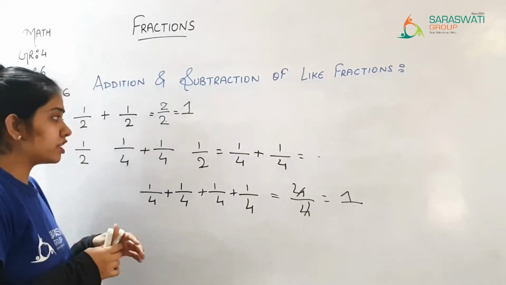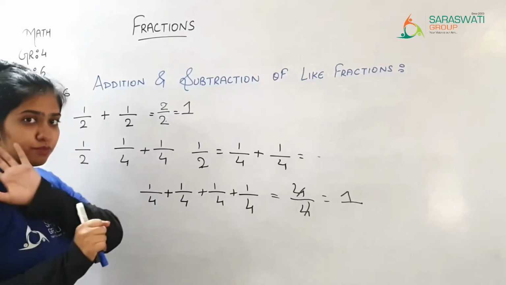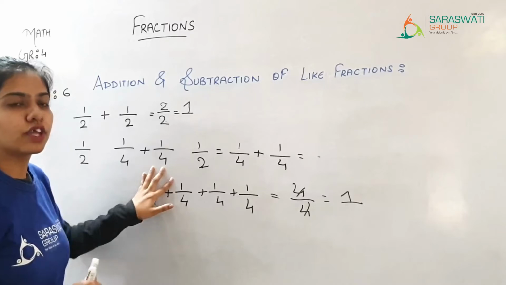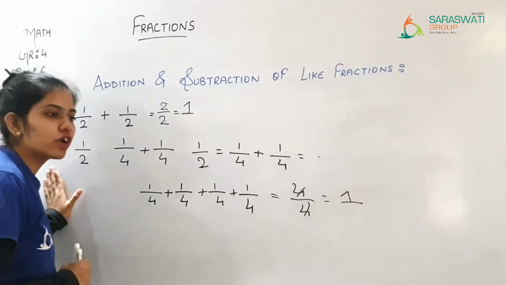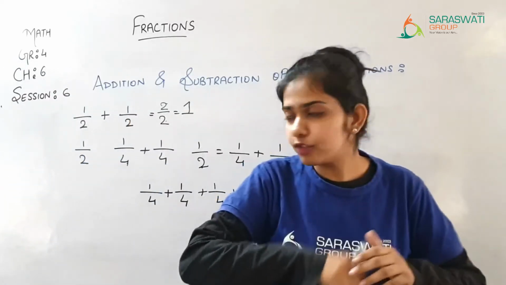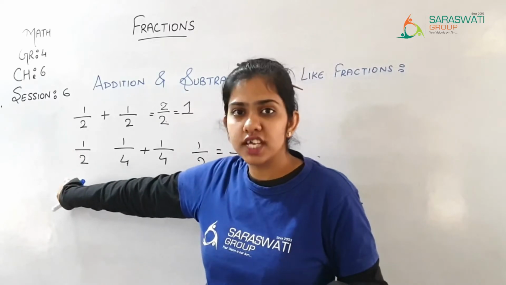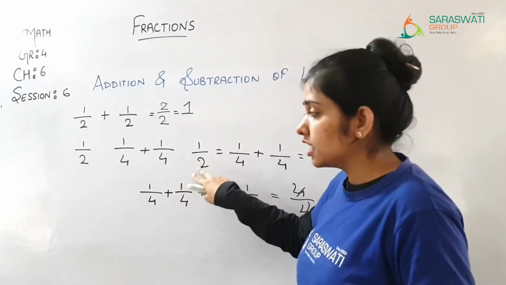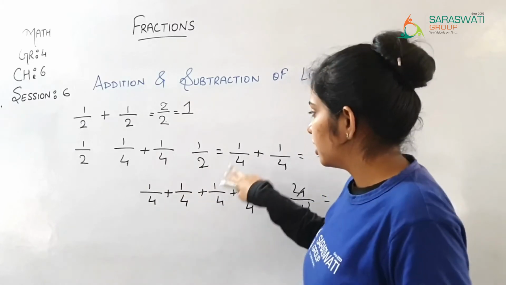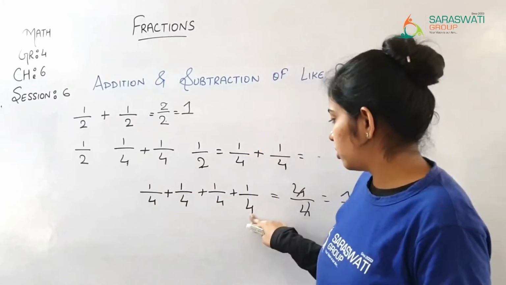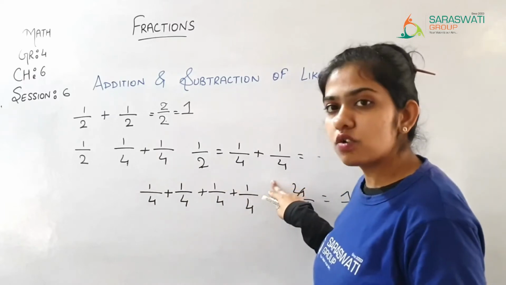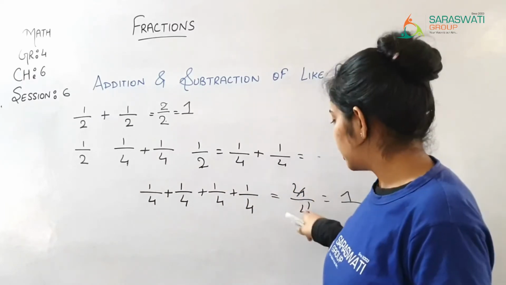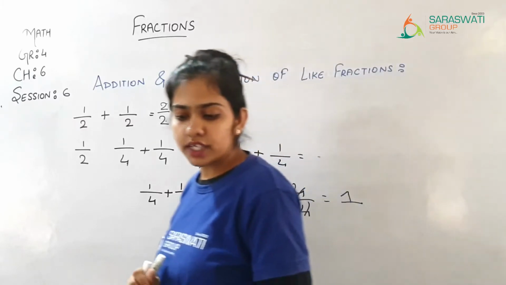Right? I hope you are getting it clear. Again, I am explaining this. Half is 1/4 plus 1/4. ये half part है. अब half का हम 1/4 लेंगे तो क्या होगा? 1/4 हो जाएगा. 1/4 plus 1/4 because it is 2 parts. So 1/4 plus 1/4. Now we are adding this all together. So that is 4/4. Cut this. We got an answer 1.